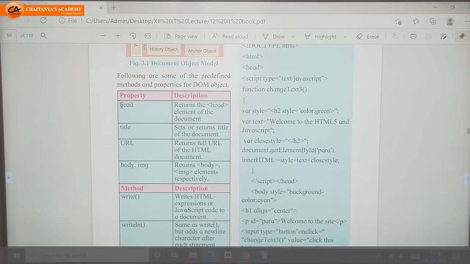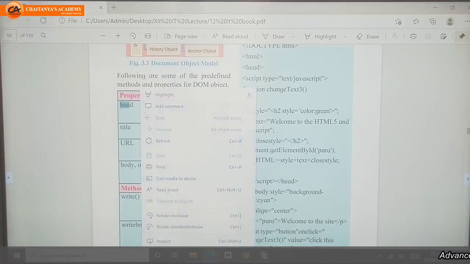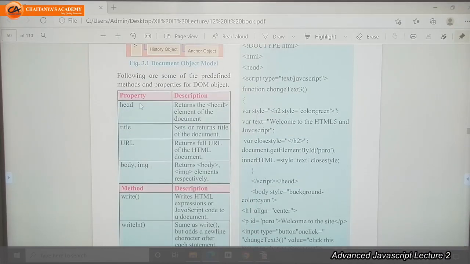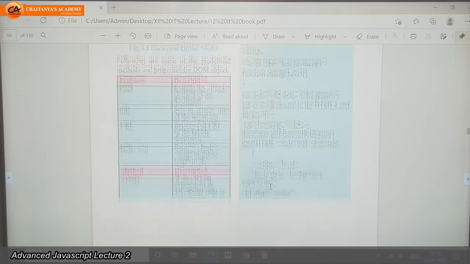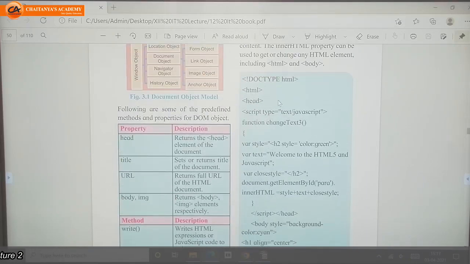Here we already studied this in an HTML program. After the declaration of HTML, we use the head tag, and in the head section we define the other informative tags. So head is a property of the document object.